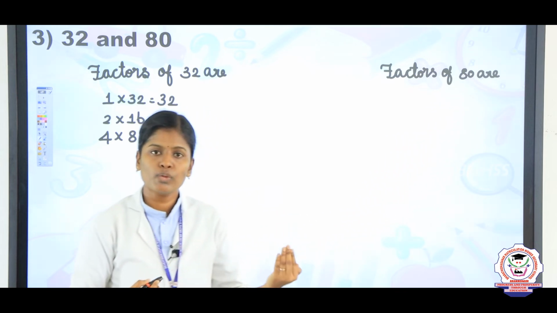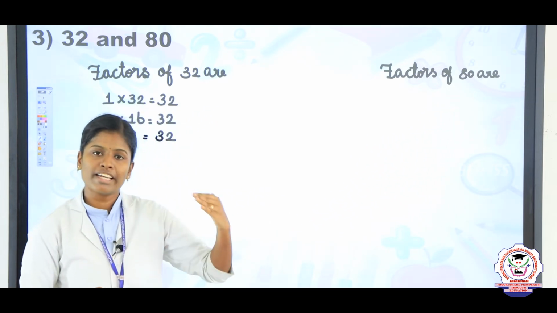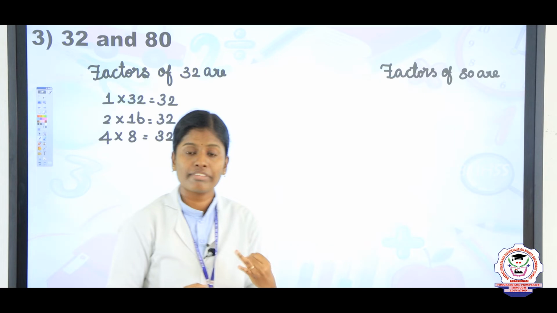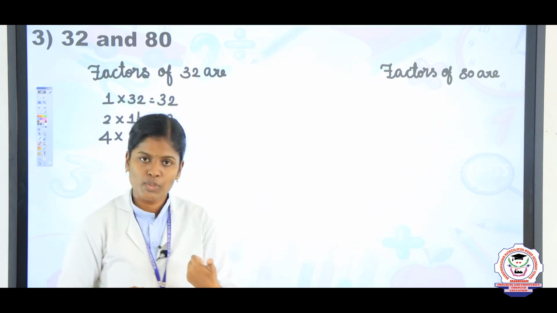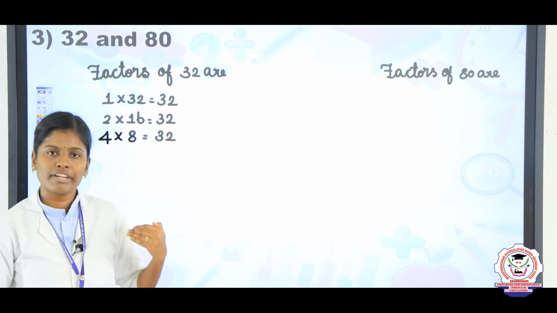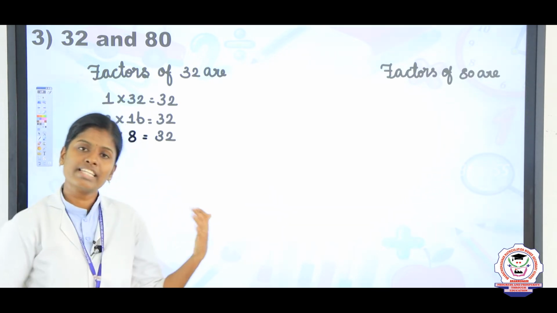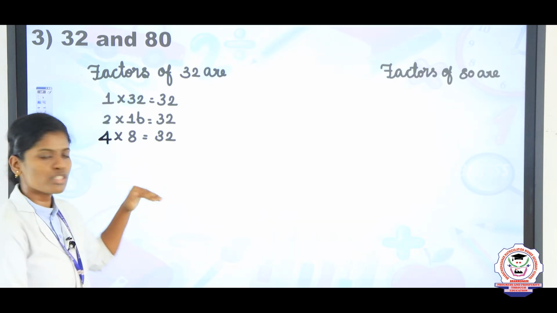So 5 table of 32. No, it is not possible. 5 zeros are 0, 5 ones are 5, 5 twos are 10, 5 threes are 15, 5 fours are 20, 5 fives are 25, 5 sixes are 30, 5 sevens are 35. So, 32 is not possible.